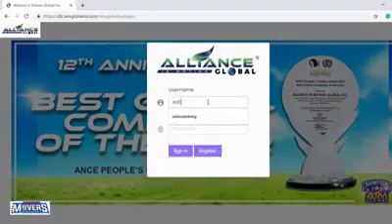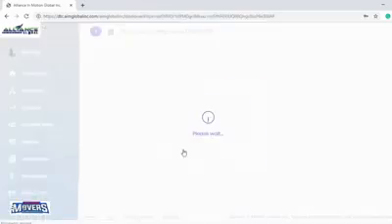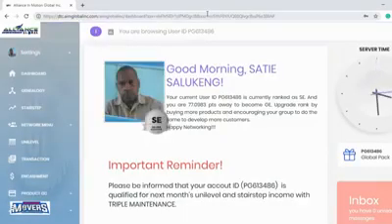Okay, let's say for this example, the account of my downline. I'll be using this to demonstrate for other downlines that I have in Papua New Guinea. So put in the username and also the password, and then hit sign in. You'll be redirected to the dashboard. And by the way, if you are newly enrolled in AIM Global and it's the first time that you'll open your DTC, you'll see the company policy. You just need to read it, tick the checkbox, click proceed, and then you'll be brought to this page.